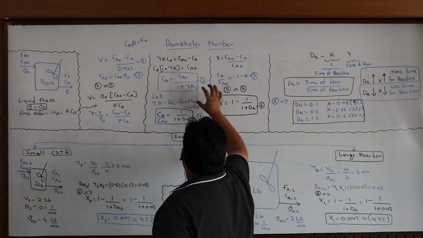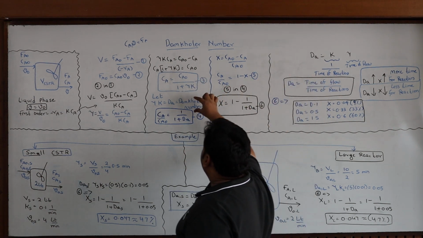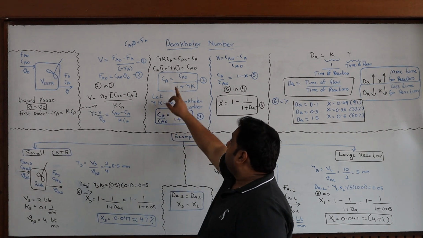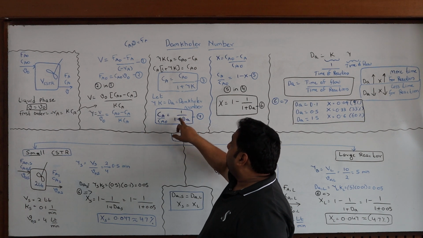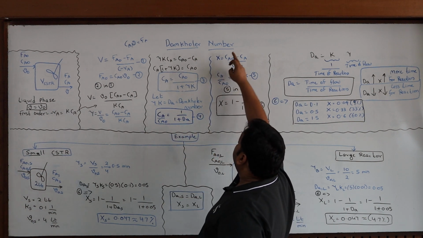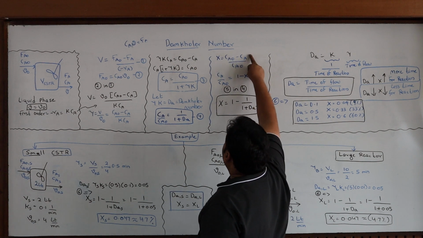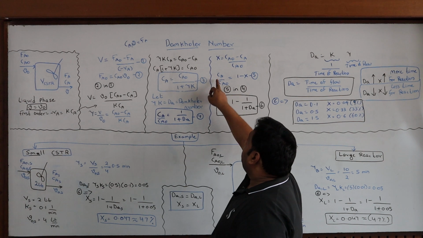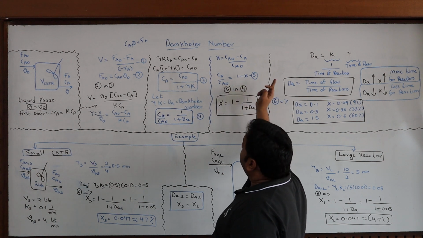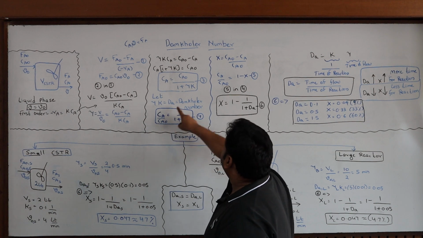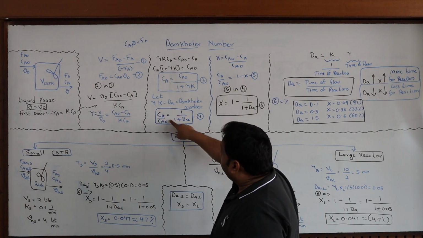Now this tau k, what we have discussed here, is nothing but the Damkholer number. Okay. Now Ca by Ca 0 is nothing but 1 by 1 plus Damkholer number. I know conversion x is equal to initial concentration minus final concentration divided by initial concentration. From that, Ca by Ca 0 is equal to 1 minus x. Therefore, x is equal to, if you substitute in place of Ca by Ca 0 in equation number 5, then